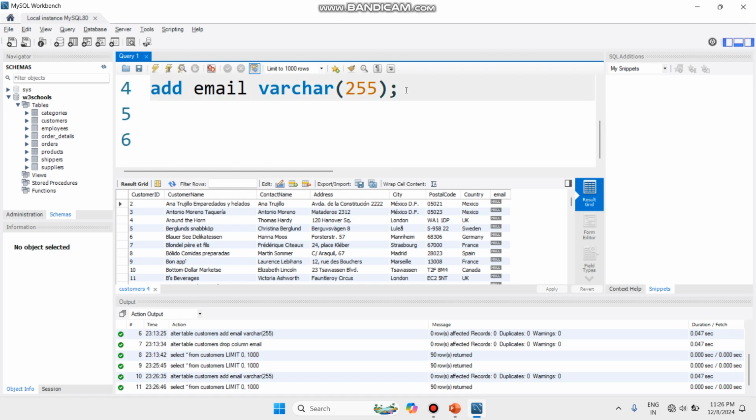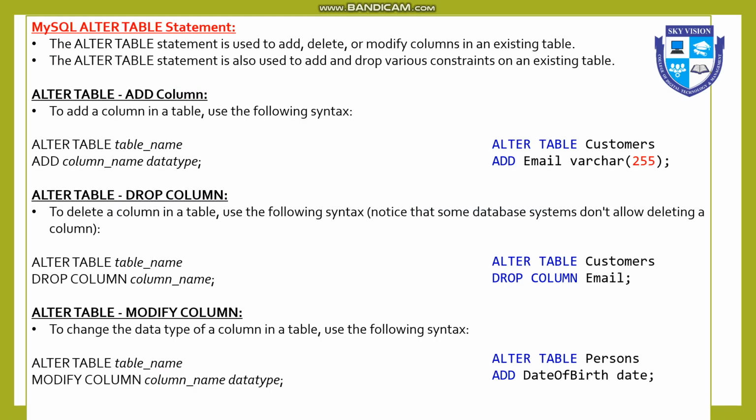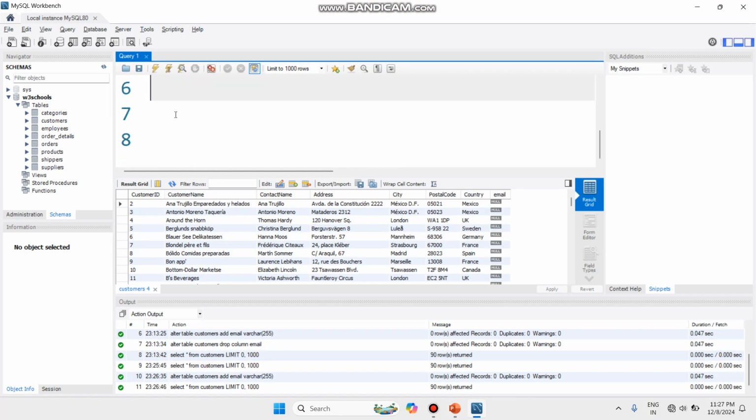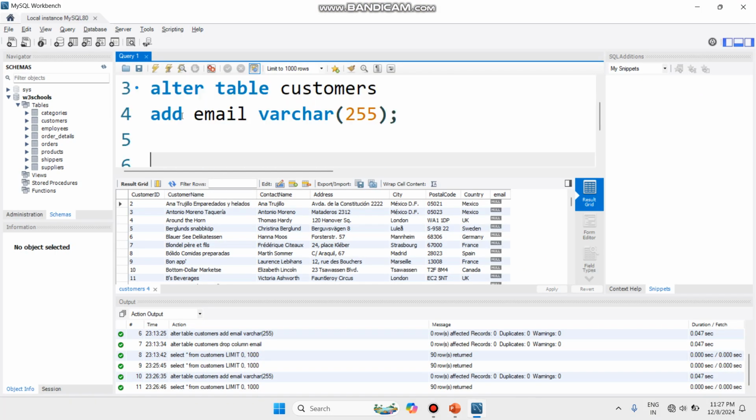Okay, after that, maybe if you want to delete that column inside of your database, what can you do? Simply I have another query, alter table customers drop column email. Okay, now simply we need to write over here one query that is called